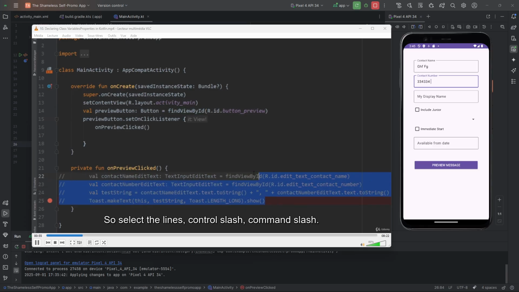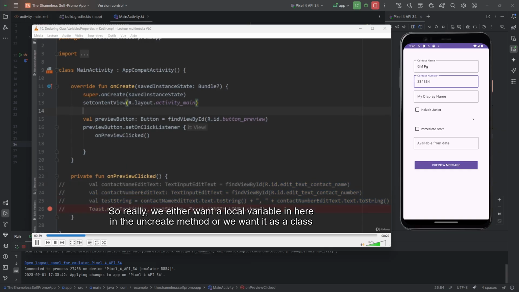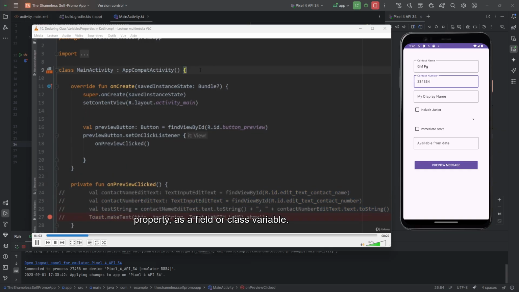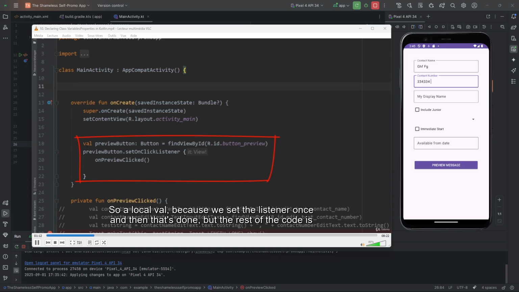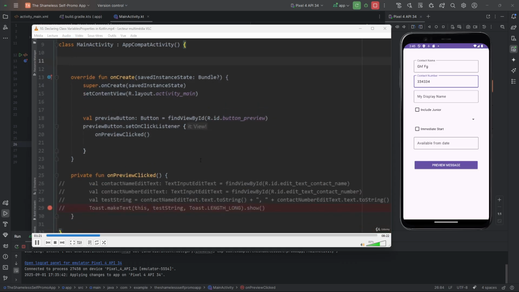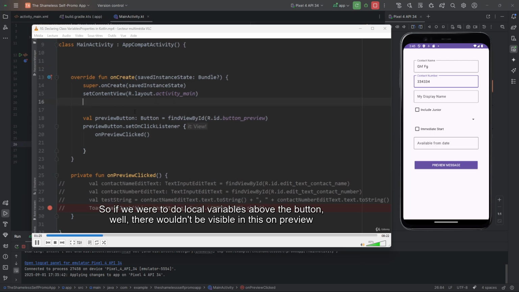So select the lines, Control/Command/. So really, we either want a local variable in here, in the onCreate method, or we want it as a class property, as a field or class variable. Okay? So thinking about it, it's going to be fine to have the button as a local variable just here, so a local val, because we set the onClick listener once and then that's done. But the rest of the code is going to be in an onPreviewClicked method, just down here. So if we were to do local variables above the button, well, they wouldn't be visible in this onPreviewClicked method. So we would want all of the other views on the screen to be a class variable at the top,